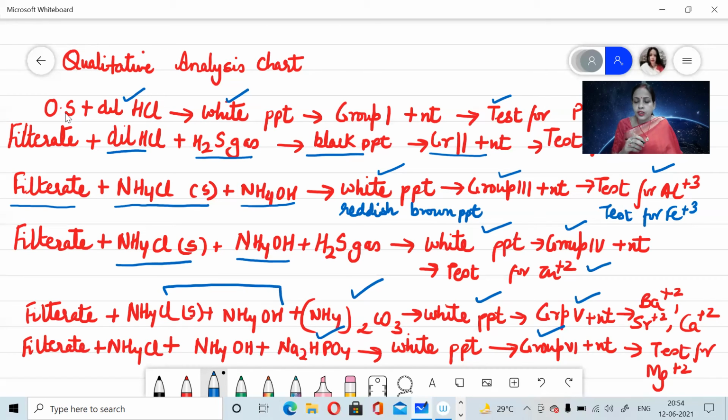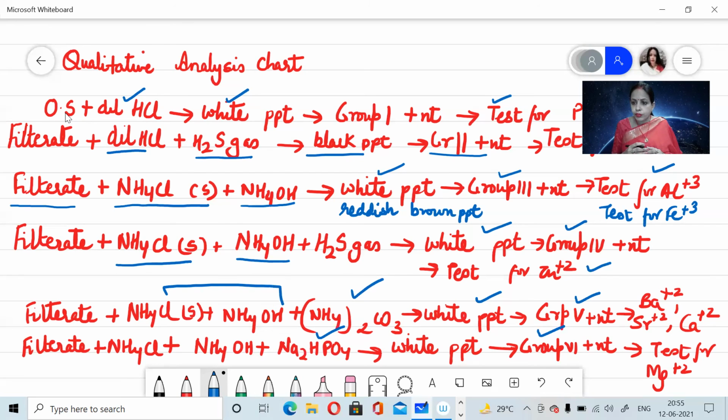So with this, we have seen how group wise we will be using our chart to find which group is present. If it is a single salt, the moment we get the precipitate for any of the groups, we will stop our practical there. We will filter the solution, and with the precipitate, we will confirm the cation, or basic radical, present for that group. If it is a mixture analysis, a mixture of two salts, then once one group is confirmed, with the filtrate we will continue till we get the confirmation for the second salt group.